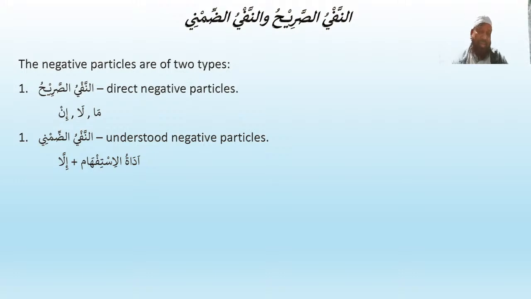And النفي الضمني, ضمني means within, isn't it? Hidden. The nafi is hidden in these particles, and it is understood. The negative meaning is built in when adatul istifham plus illa. So in a sentence, we see adatul istifham and there's illa there. Now we'll know this adatul istifham is an-nafyu ad-dimni. Understood? هل فهمتم؟